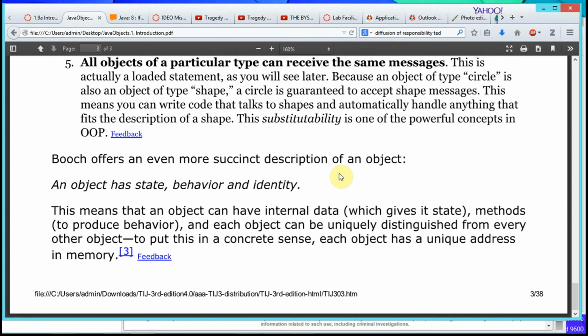Okay, so that last statement there was pretty confusing. So it means that an object can have internal data which gives it state. Okay, so for example, if we take our 3 objects of type woman, we could say that one of their characteristics might be whether they're sitting, standing, or jumping. Okay? And each individual object can be sitting or standing or jumping at any particular time. So the state of an object refers to all of the current characteristics of that object, right? So that's state,